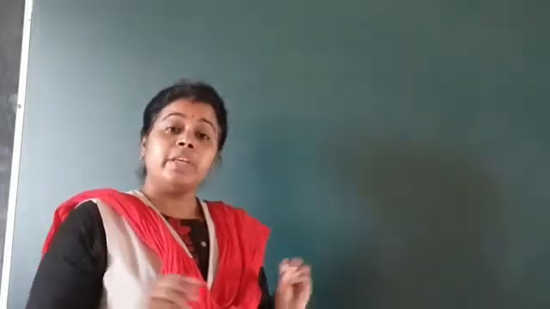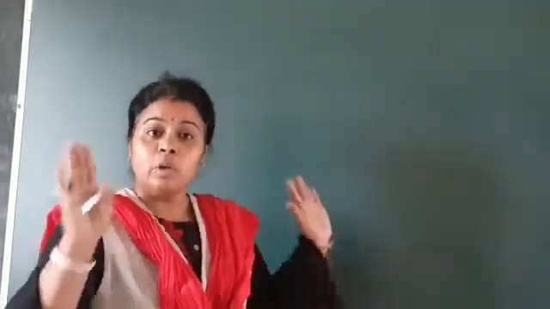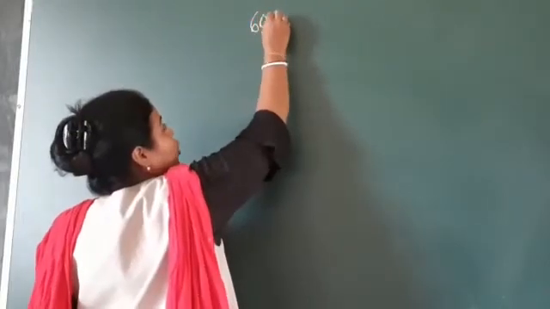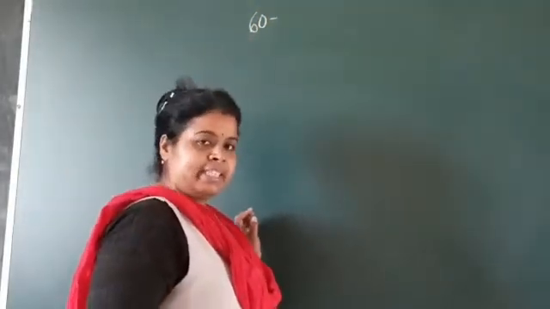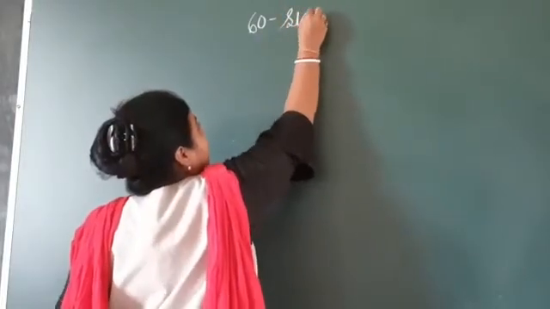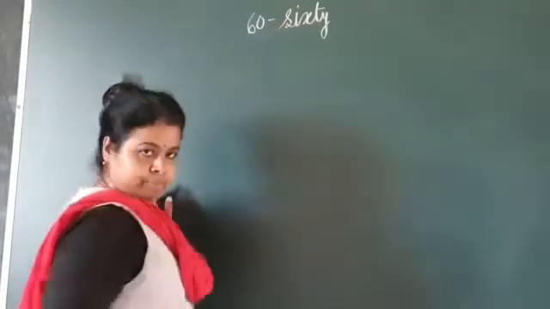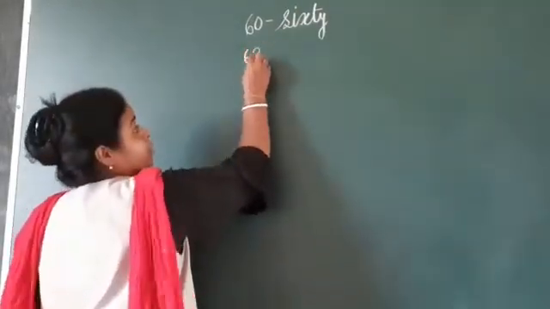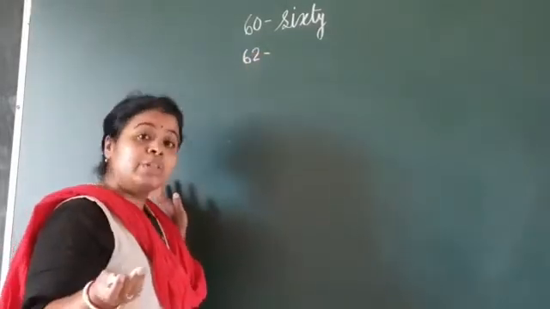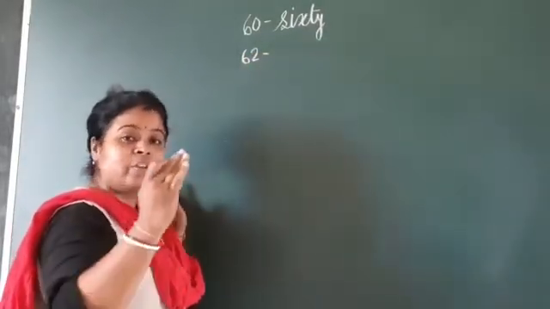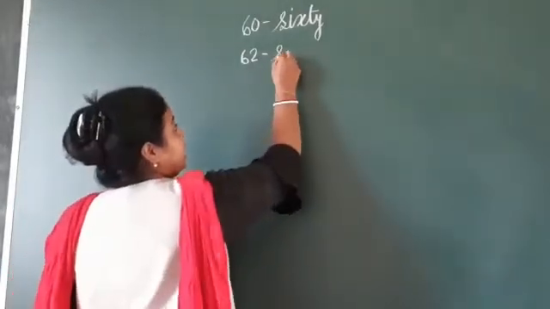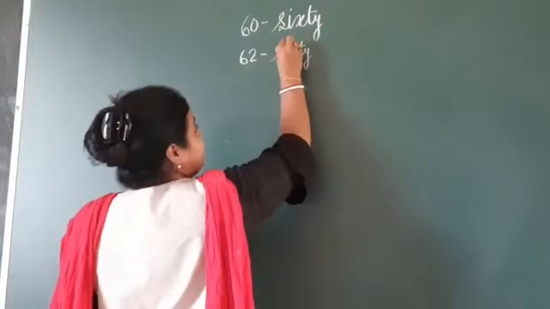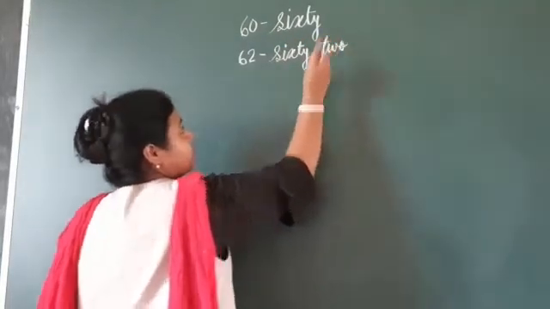Now you know the spellings of 60, 70, 80, 90 and 100. Now you can write any spellings. How? Look. First 60. You know the spellings of 60? SIXTY 60. So write 60. SIXTY 60. Okay? Now I want to write 62. So how is it possible? You know the spellings of 60 and you also know the spellings of 2. 60 and 2 together will be 62. So first you write 60 and then 2. Together will be 62. Okay.